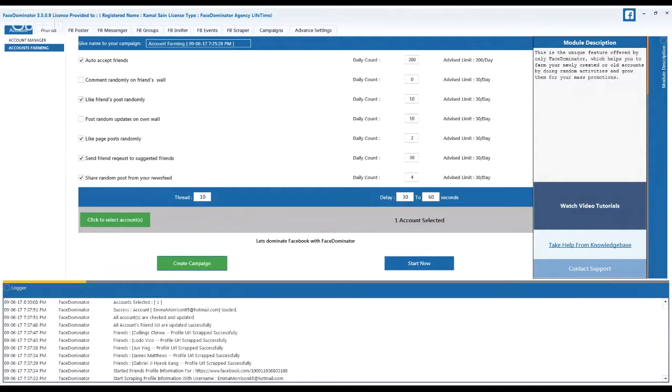Then we have an option to create multiple batches. Since we have set all these counts, we may not want to post all these things at once. So we can do these things in multiple parts, multiple jobs. We can create batches here. We support 3 batches, and we can decide a percentage for each batch.